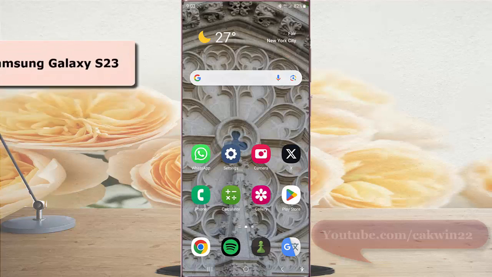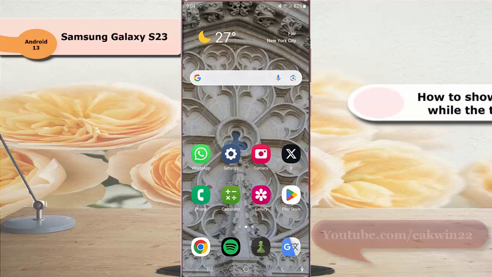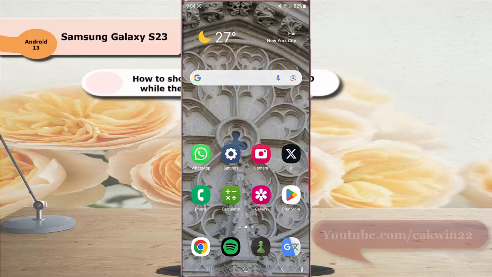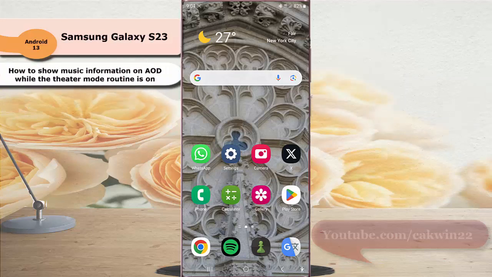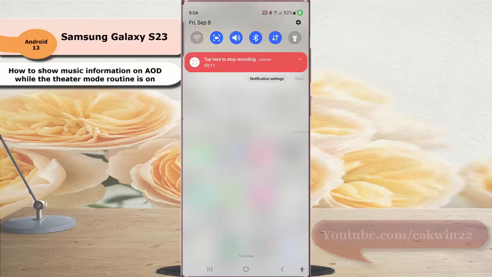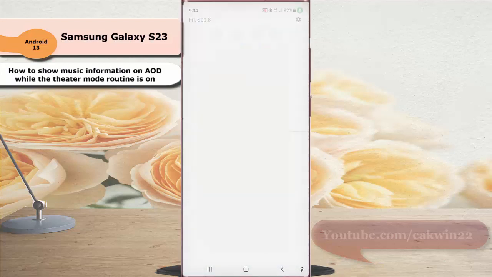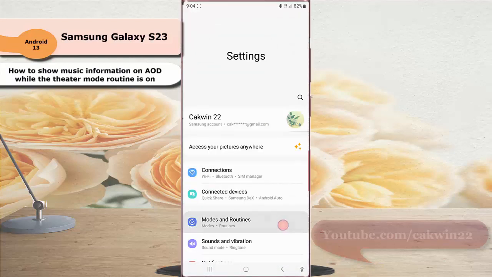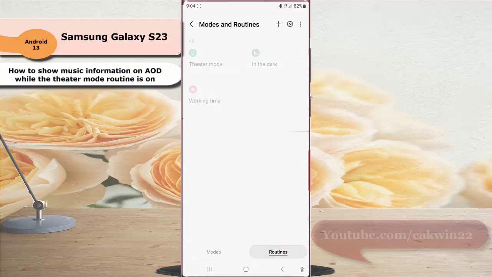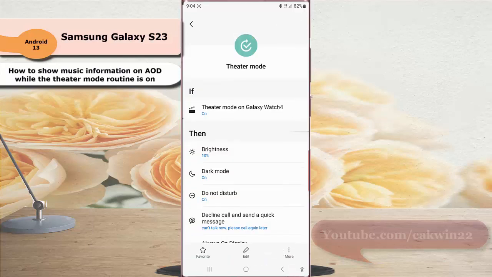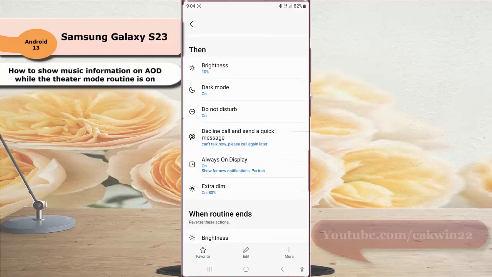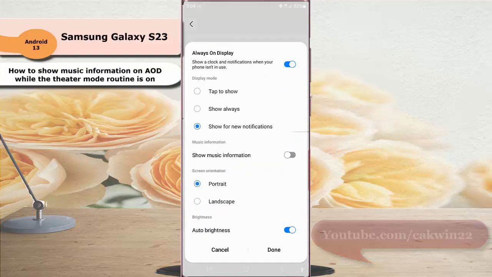To show music information in AOD while theater mode routine is on in Samsung Galaxy S23 Ultra, swipe on the top of the screen and then tap the settings icon, tap Modes and Routines, and then tap Routines. While you are in the routines screen, tap the theater mode routine, scroll down the screen, tap Always On Display, and